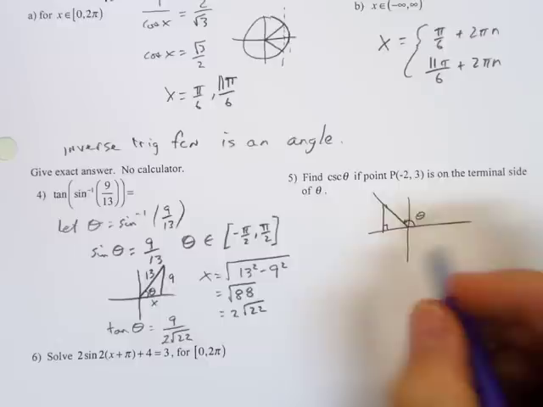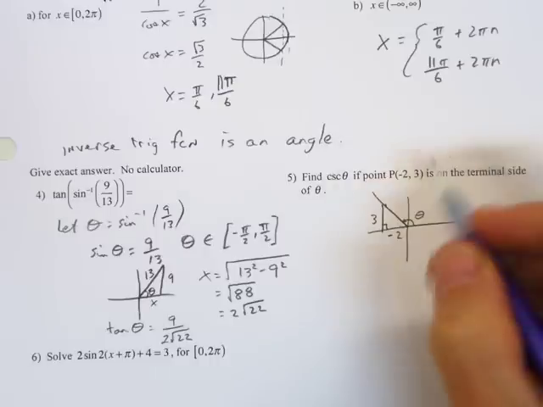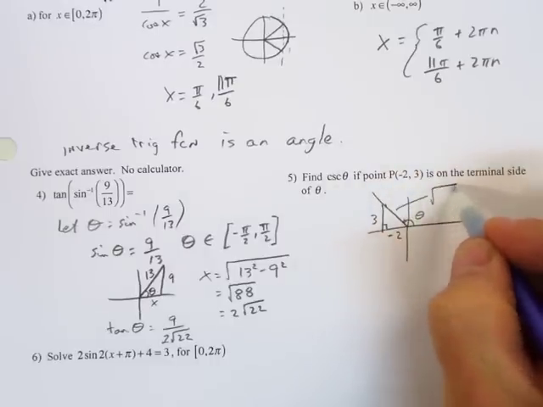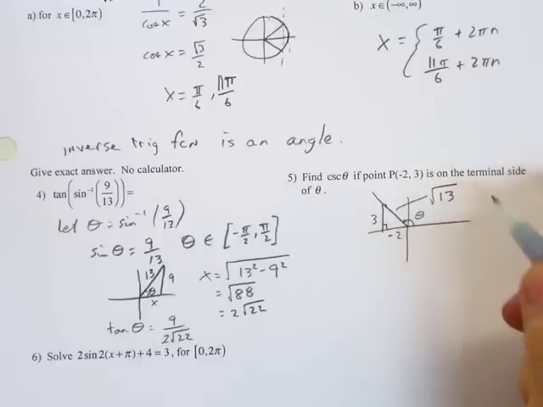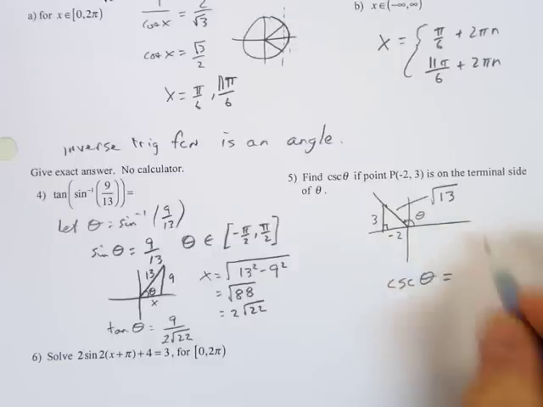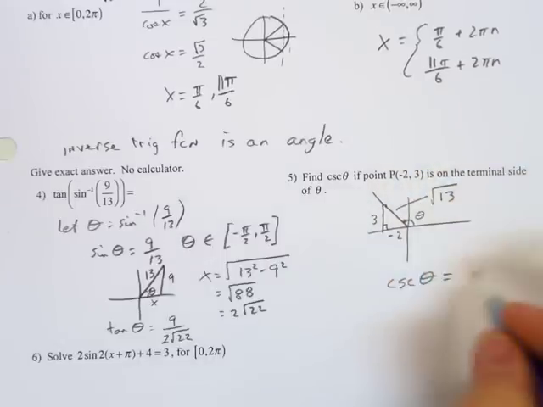We'll label the pieces. This would be negative 2, this would be 3. Our hypotenuse would be the square root of 13. Now we can just say cosecant of theta equals what? Cosecant is 1 over sine, so it's hypotenuse over opposite. The last one,